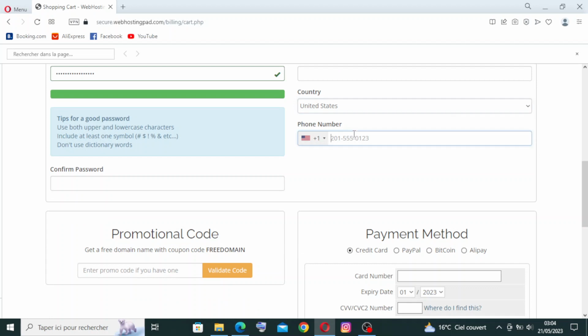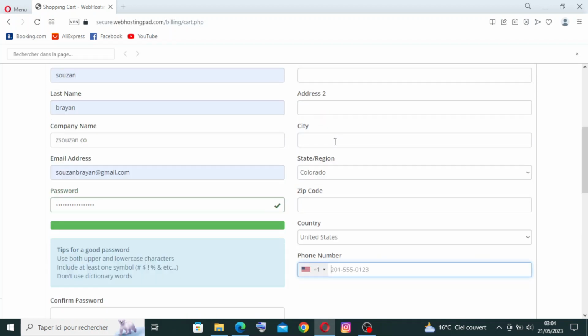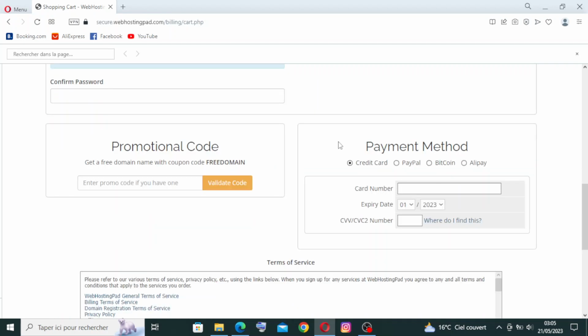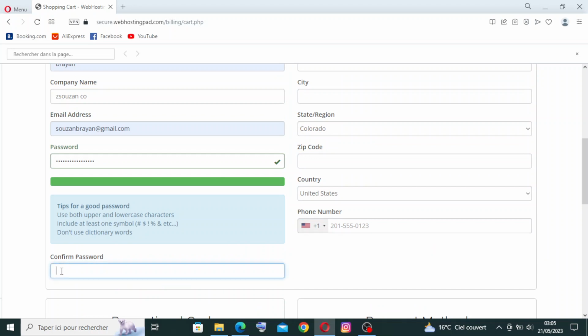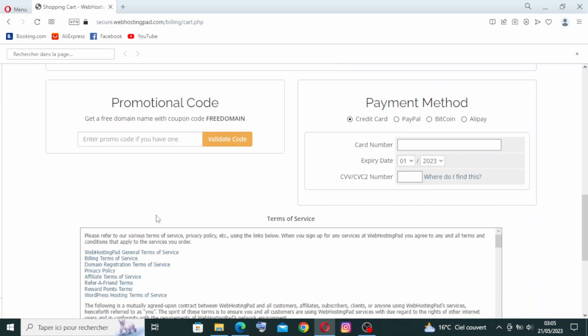And after that, your phone number, and be careful, this information should be correct and valid, okay, because they will check it out later. You need here to confirm your password. That means rewrite your password over here for the second time. We have here some information about the payment method. You want to pay by credit card or by PayPal or by Bitcoin or Alipay, and your card